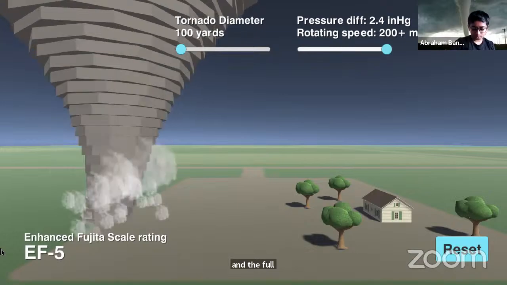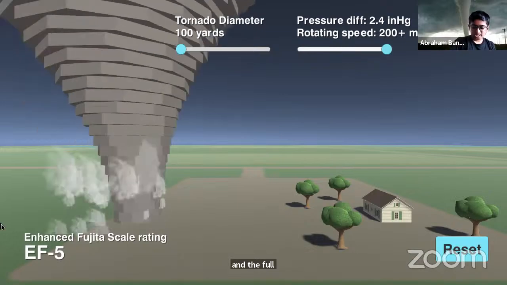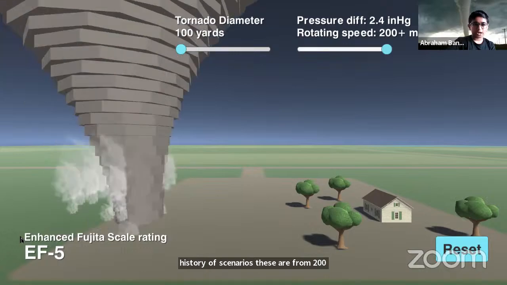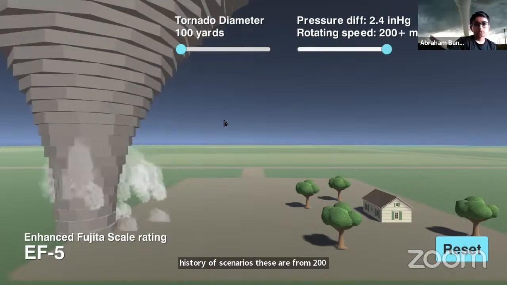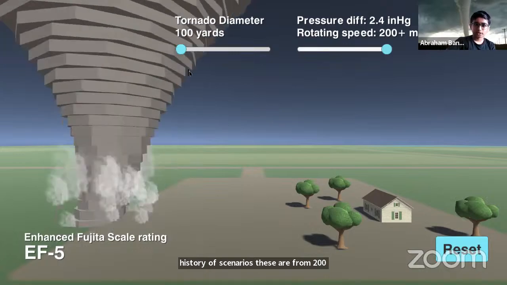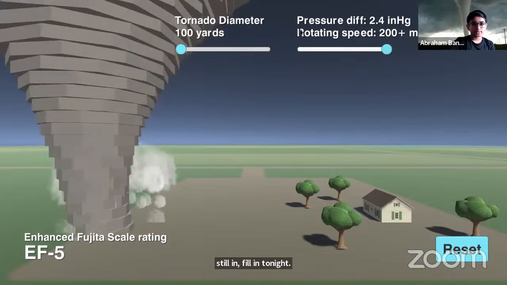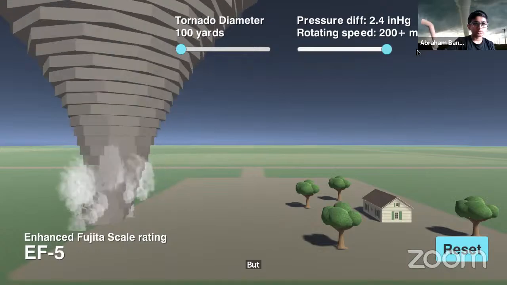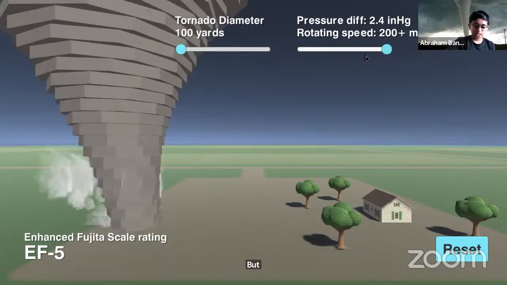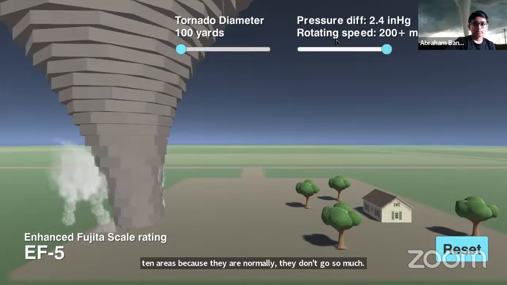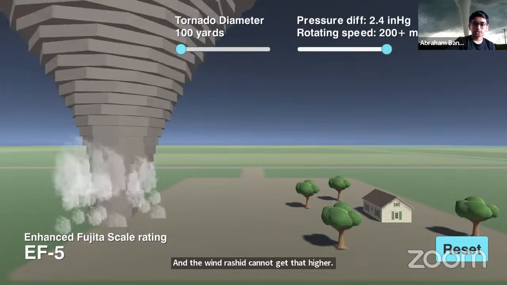These are from 200 and they can scale to anything. So EF5 is 200 till infinity. But tornadoes are normally not that high, as the wind pressure cannot get that high. But there is still a possibility.